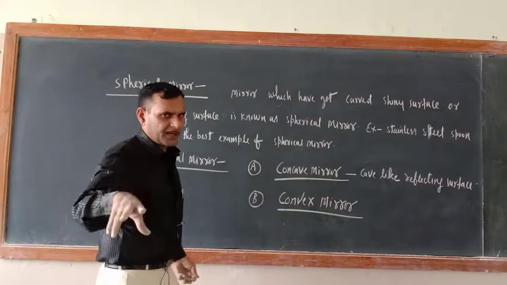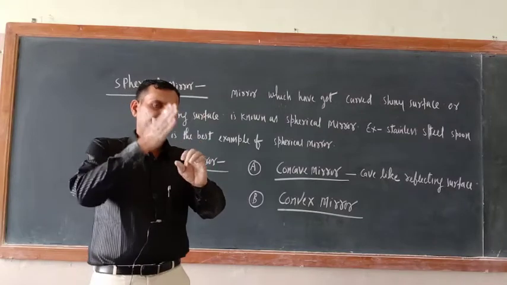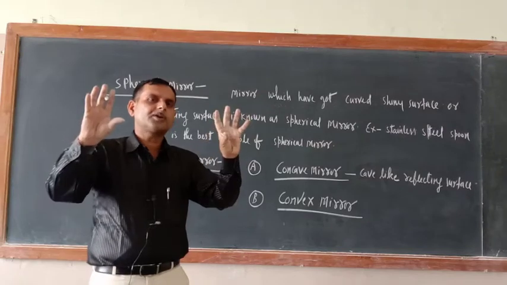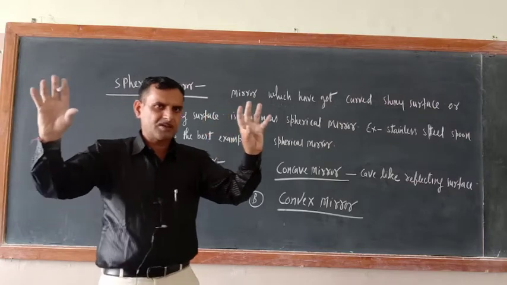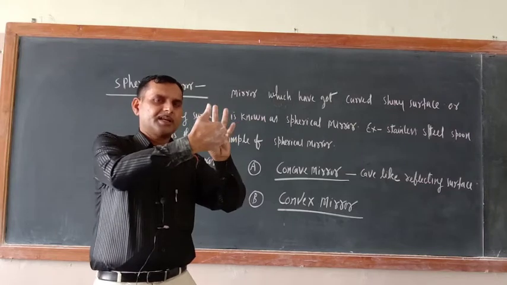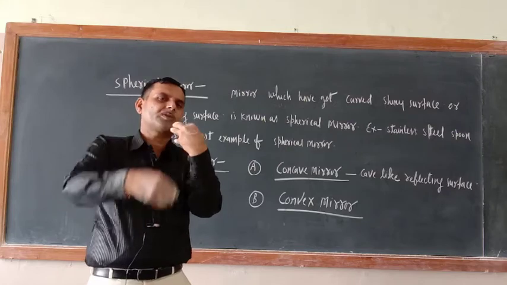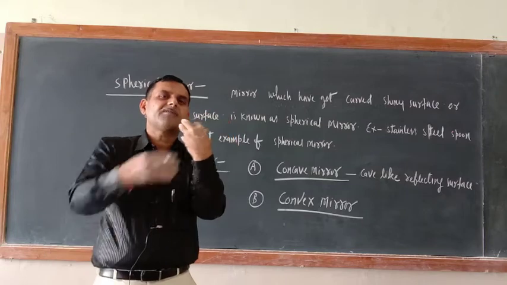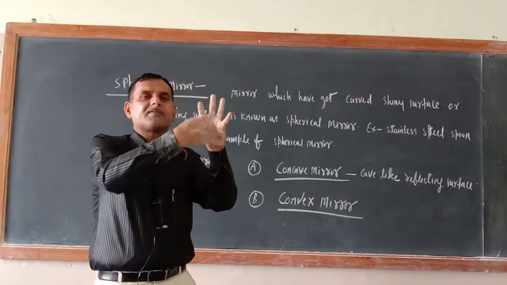Another example also I can give you, that is very easy example. Take one rubber ball, and from mid of the rubber ball divide into two parts. So now you have got the two parts. One part is this one, another part is this one. Okay. And now just see, both are acting as a spherical mirror. This side, this is cave like, so this is concave mirror. And what about this side? This is bulging out. This is convex mirror. In convex mirror, this is the reflecting surface. In concave mirror, this is the reflecting surface.